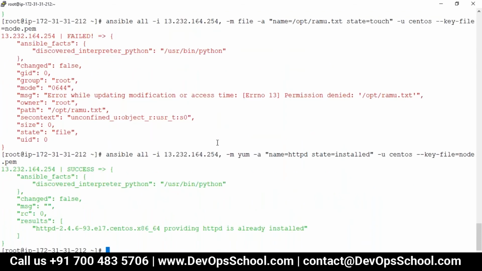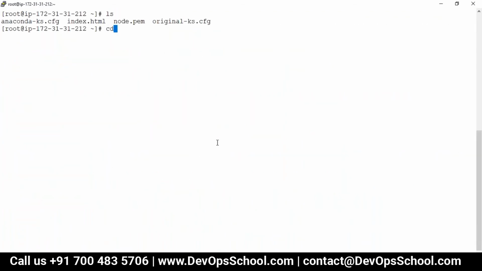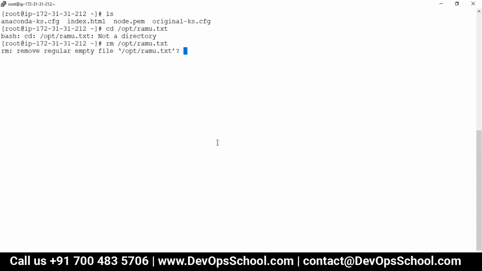Okay, so let me delete it as per your suggestion. Delete, rm /opt/ramu.txt. Yes, I deleted the file. Now in front of you, I deleted the file.